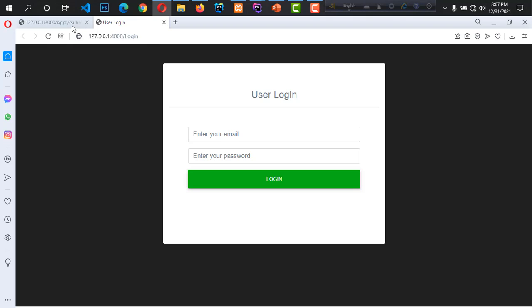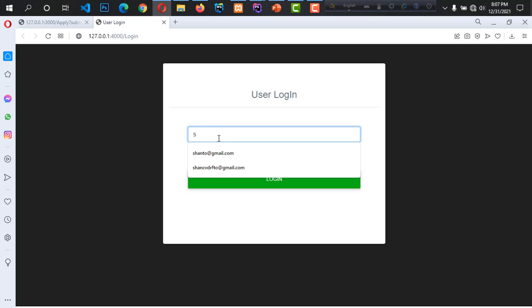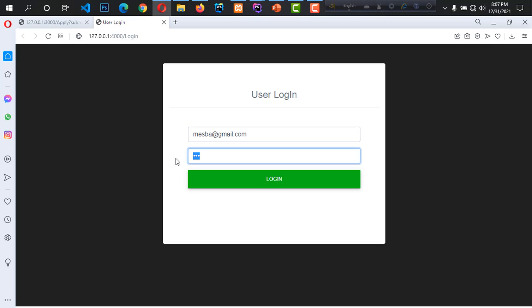This is the login page for a user who applied for a citizen certificate. So at first I give some invalid data. It's declined. So if I use invalid data, it will not log in. Now I give correct email and password.